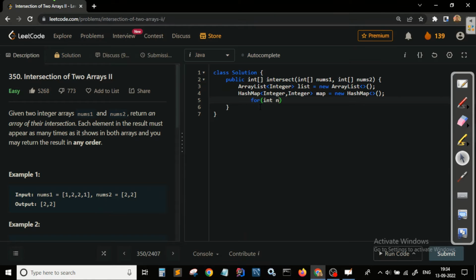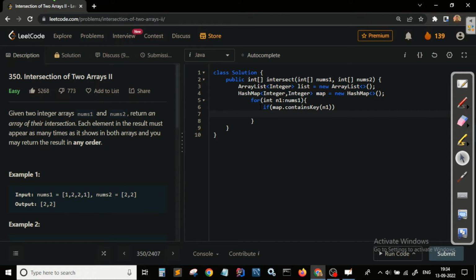So int n1 in nums1, then write the condition if map.containsKey. Map.containsKey is a method of HashMap. You can search on Google and you will get this function to know more about it. If map.containsKey(n1), then